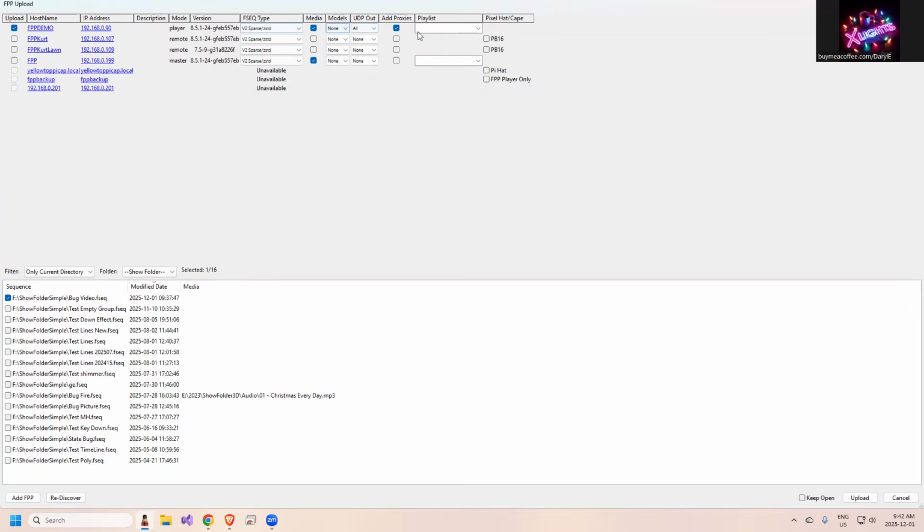You've put all these in here. Now you can see next time you come in here, you can actually choose the playlist from the list. If you wanted to go back and add any more sequences to it, quickly you can add it to your playlist. Hope that covers the very basics of getting your show up and running and scheduled and firing off